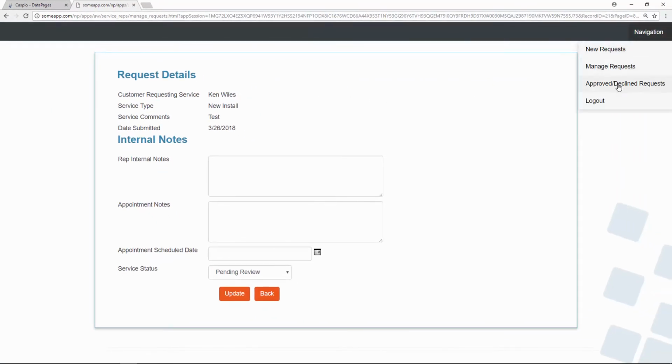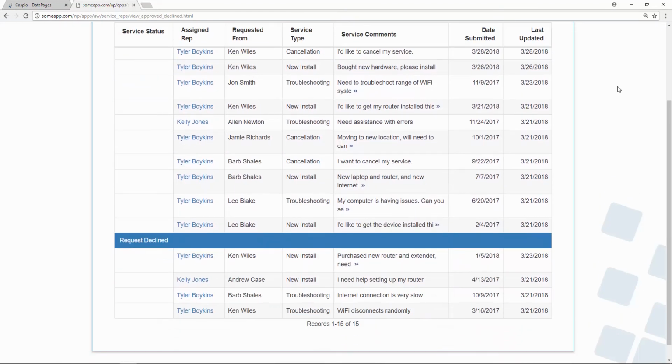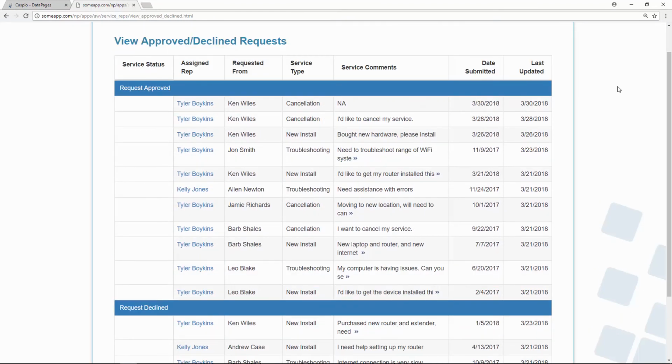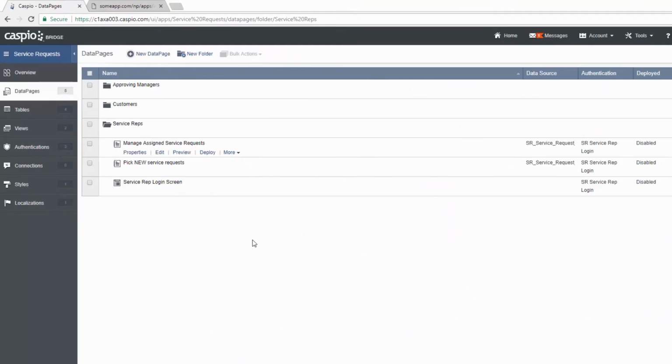Let's go back to this report here for approved declined requests. And all this report is, it's very similar to the one that we just created. The only difference is that we want to filter out the requests that are either approved or declined. So let's go ahead and build that one really quickly. And as I mentioned before, you don't really have to build a data page from scratch. If you want to practice all the steps, what I'm going to do is very simply just make a copy